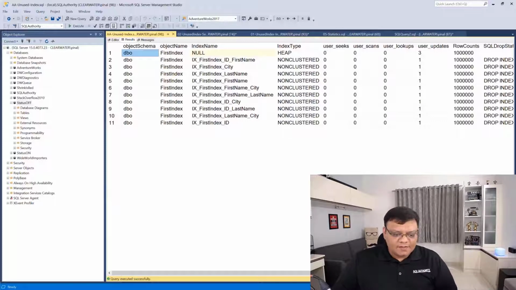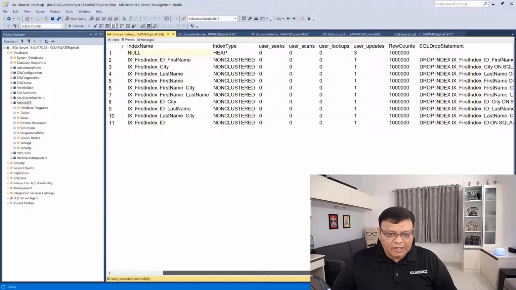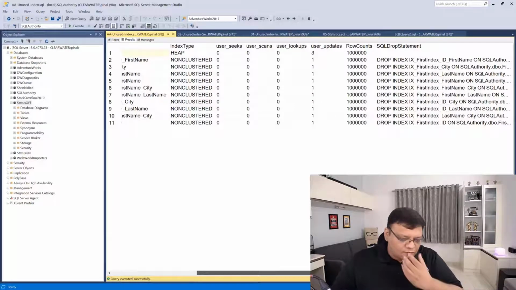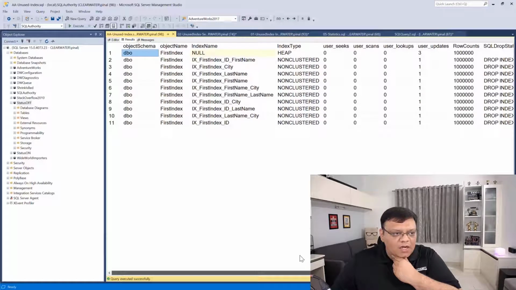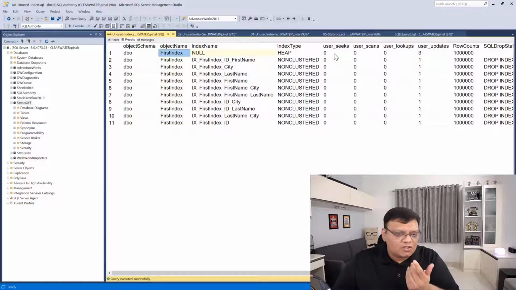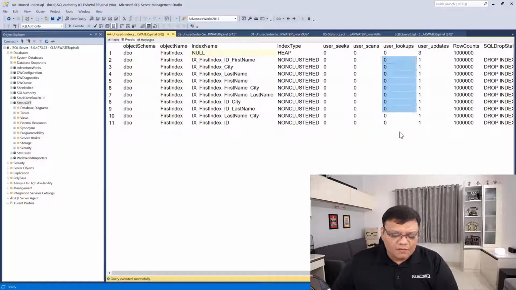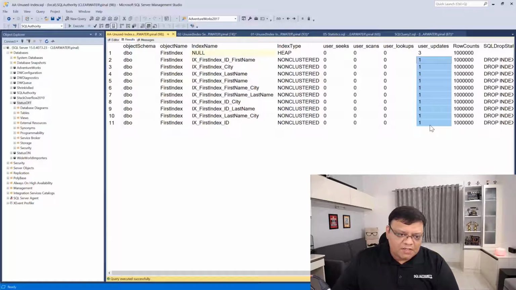So in the SQL Authority database, this is the index consumption for all the tables which I have. But right now, as you know, there is a single table. That's why this is what it is. So this shows us index consumption. And it's very, very clear that we have retrieved data from our main table none, 0 times. There has been no seek or scan. That means there was not a single time data was retrieved. There was no scan, and none of them was used for lookup. So pretty much all of them were updates, and that's why it is 1.